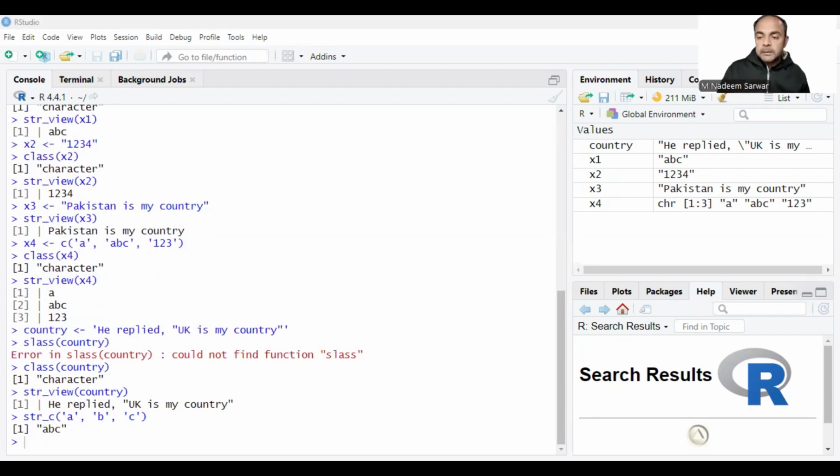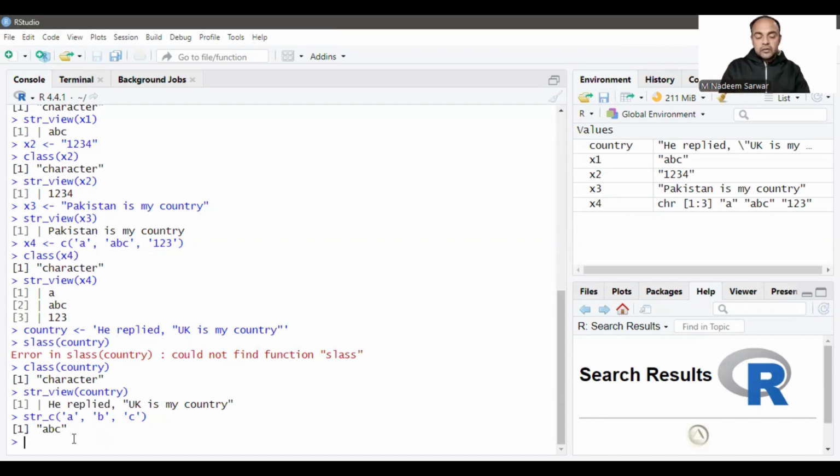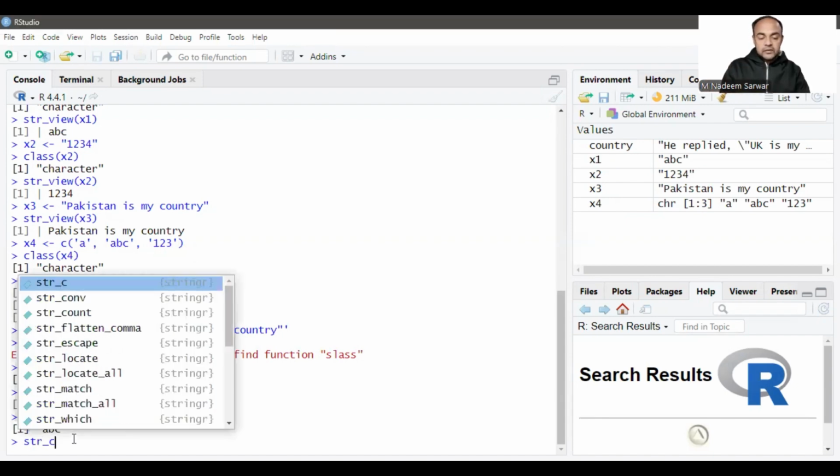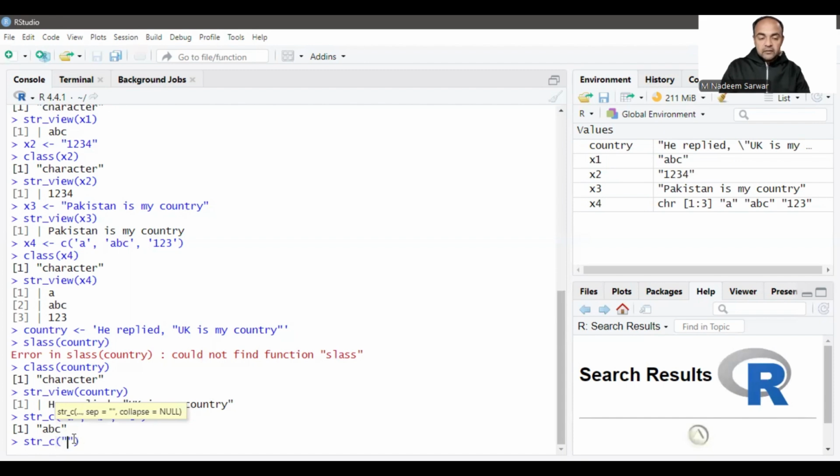Now coming to the problem that I asked you as a question. Suppose we want to write hello followed by the name of the person to whom we want to say hello. We can do so using str_c in a way like, for example, we say hello and we want to combine it with the names. So the vector of the names is, for example, John,